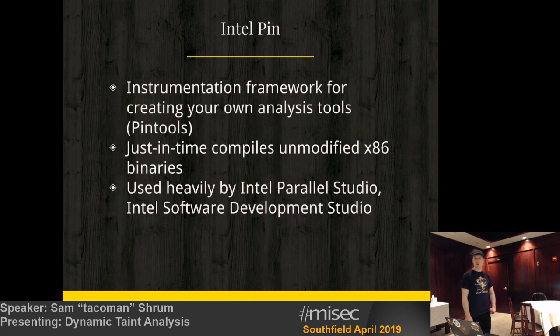So Pin, what that's going to do for us instead is it will be injected directly inside of our process, and then it's going to act as a just-in-time compiler for the entire binary. What that means in lower level terms is as every function is executing for the first time, it's going to take in the original version of the function, analyze it according to a set of rules that we define, or whatever our instrumentation rules are, and emit a new version of the function that executes both the original program and whatever our rules were. The benefit to that being you're looking at slowdowns more in line with about 30 to 100%